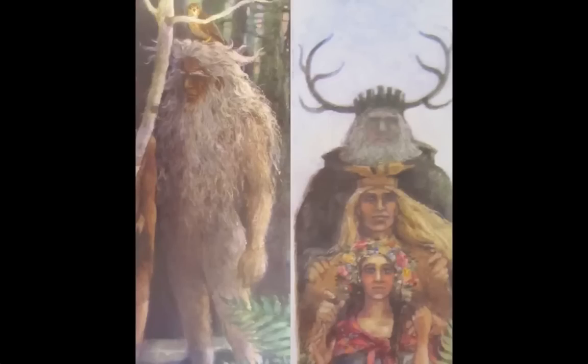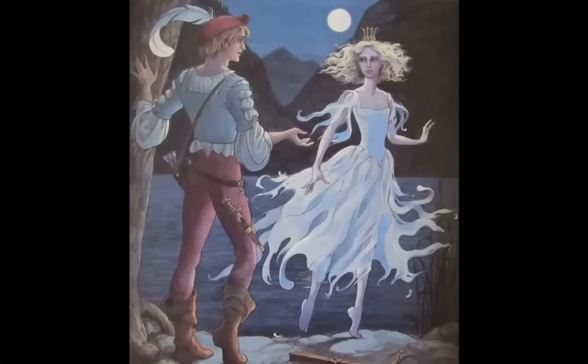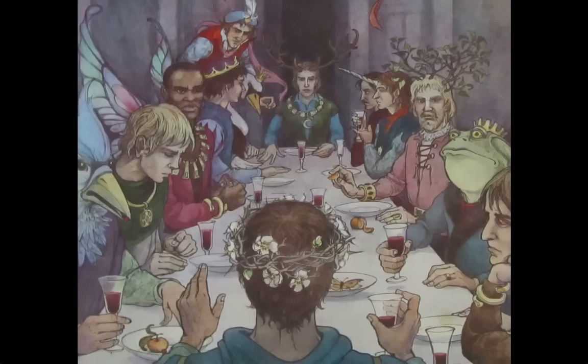Iron John has a hawk perched on his head to convey his unity with nature, and has antlers even as a human. In Swan Lake, Odette always stands on tiptoe, and her dress is reminiscent of a tutu. Thus, Hyman salutes the Swan Lake ballet and makes Odette more bird-like at the same time. In The Water of Life, the text describes the enchanted princess as simply not being able to move or speak. Hyman makes